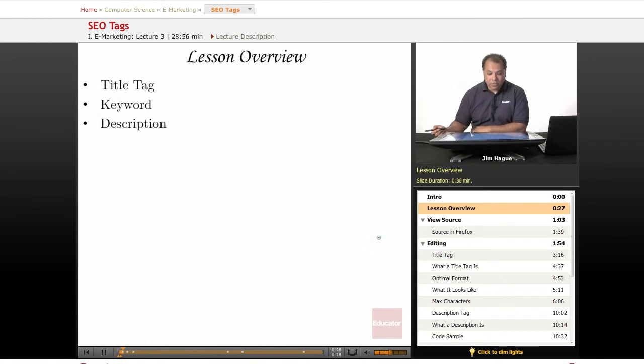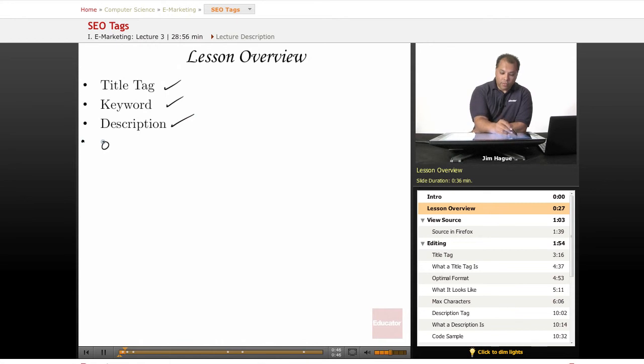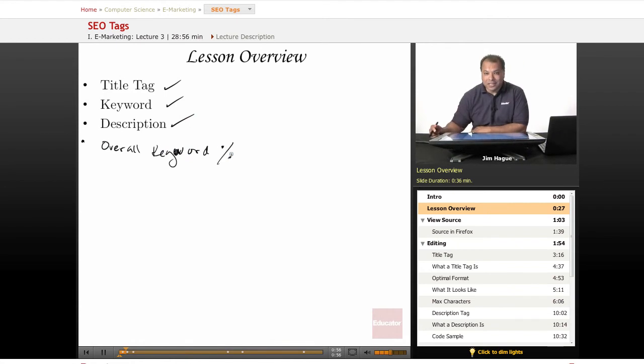And here are the few tags that they pretty much look for, all located within the content or the code of the website. We're going to look into the title tag. We're going to look into the keyword tag and the description tag. And I'm going to add a little something else to this. We're going to look for overall keyword percentage. Okay. Forgive the punctuation there, but hey, you'll know exactly what I mean as we go on through the